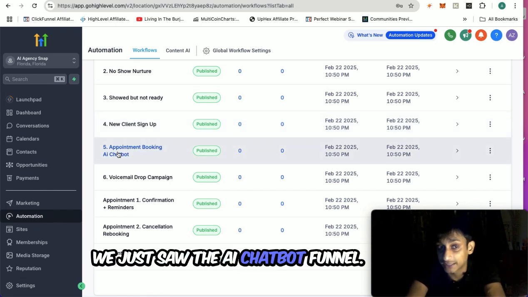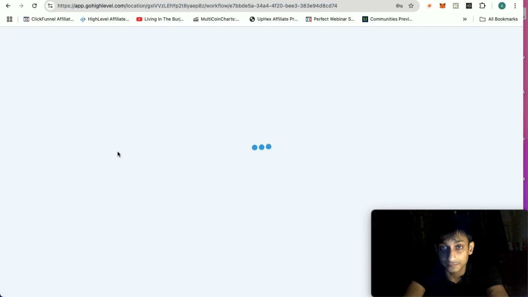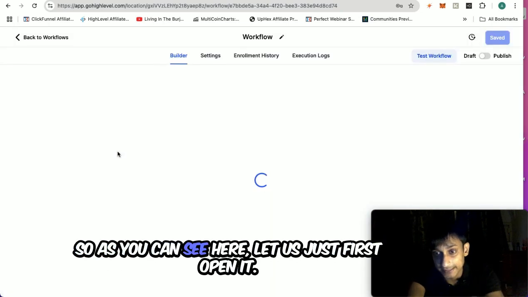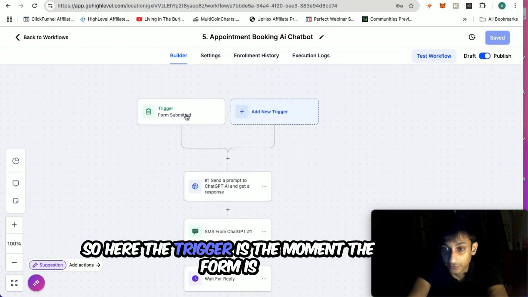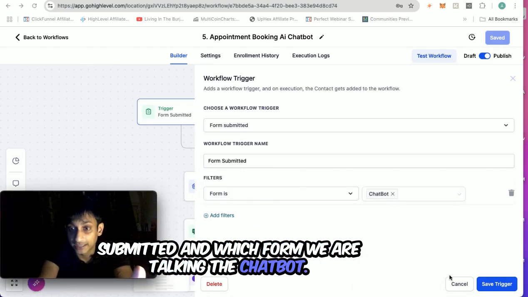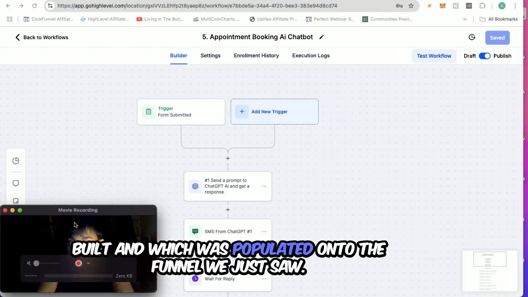We just saw the AI chatbot funnel. Let me quickly open it. How does this work? The appointment booking AI chatbot funnel. As you can see here, let us first open it. So here the trigger is the moment the form is submitted. And which form are we talking about? The chatbot form. This is one of the pre-built chatbot forms which was populated onto the funnel